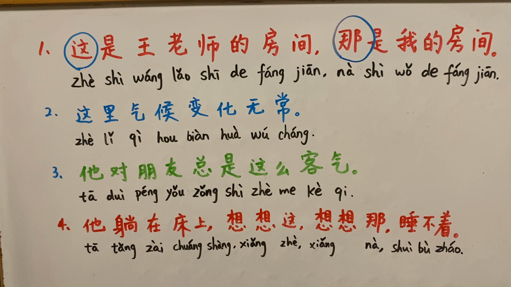Those verbs or verb phrases don't change according to tense or aspect. 他躺在床上, he's in bed. 躺, lie. 想想这，想想那, thinking about this, thinking about that, and could not fall asleep. 睡不着。